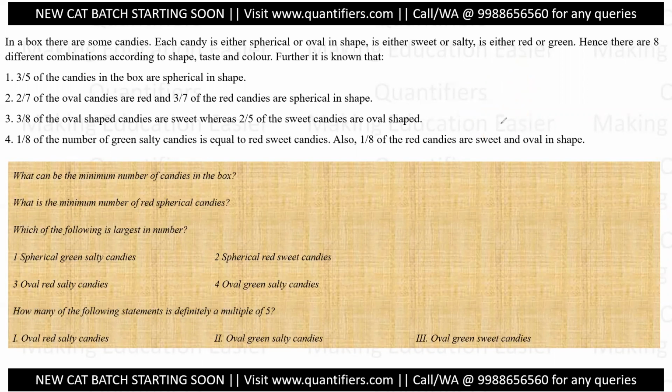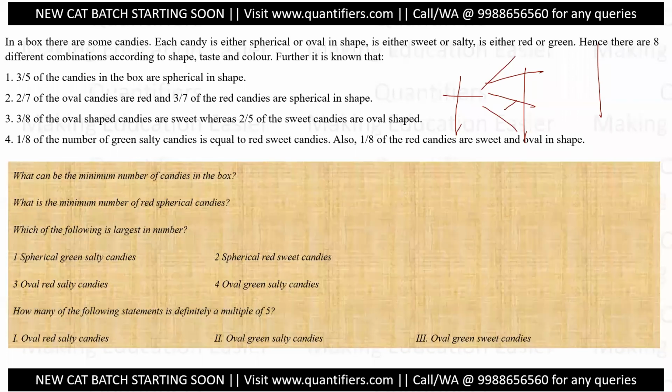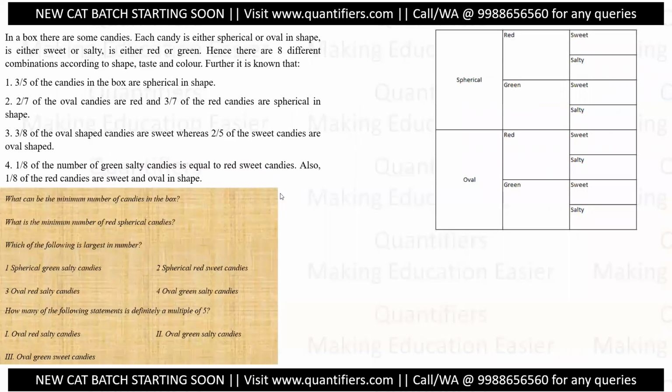All right, then there are some combinations given to us on their taste and shape. Now I know that I have to further fabricate it. So if I have to further fabricate, I should make a table like such where I can place all my fractions very carefully, right? Like I just made that first. There are 2 categories, then there are 4 categories, then there are 8 categories, right? So let's make a table like that and start to fill the values.